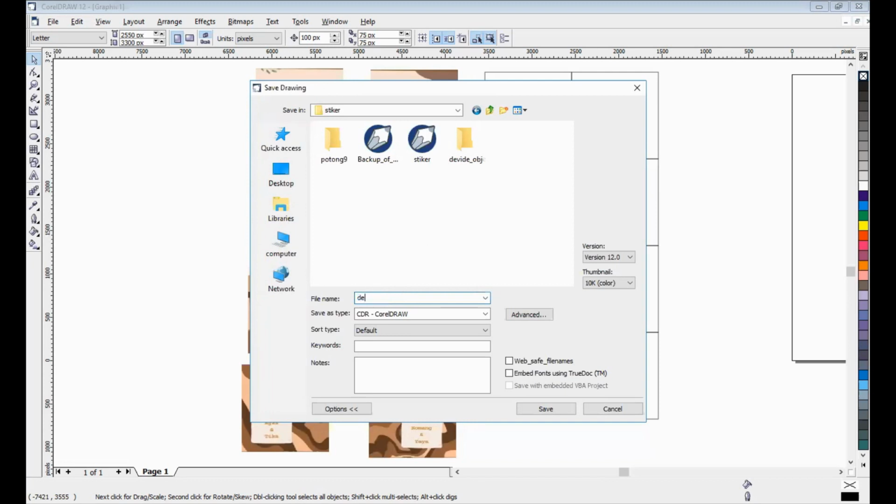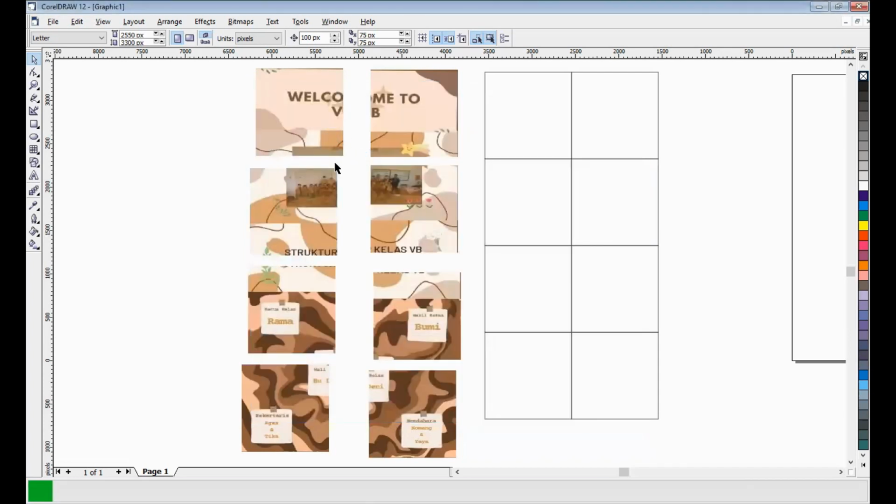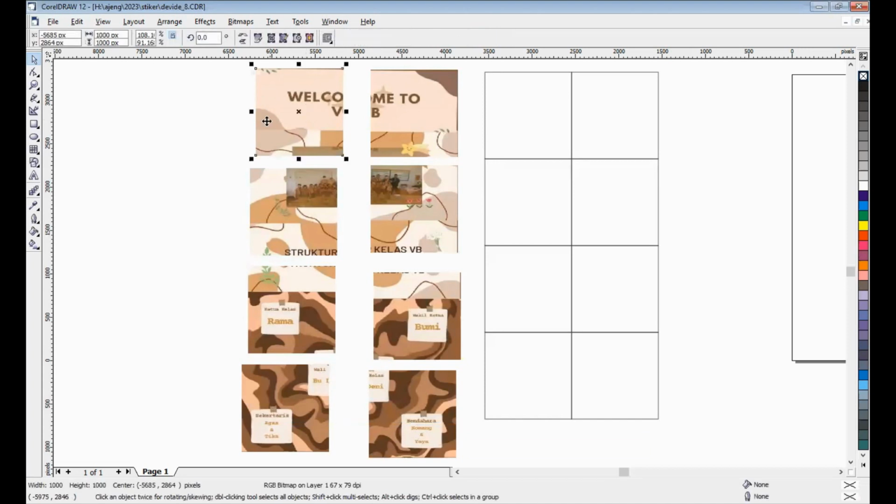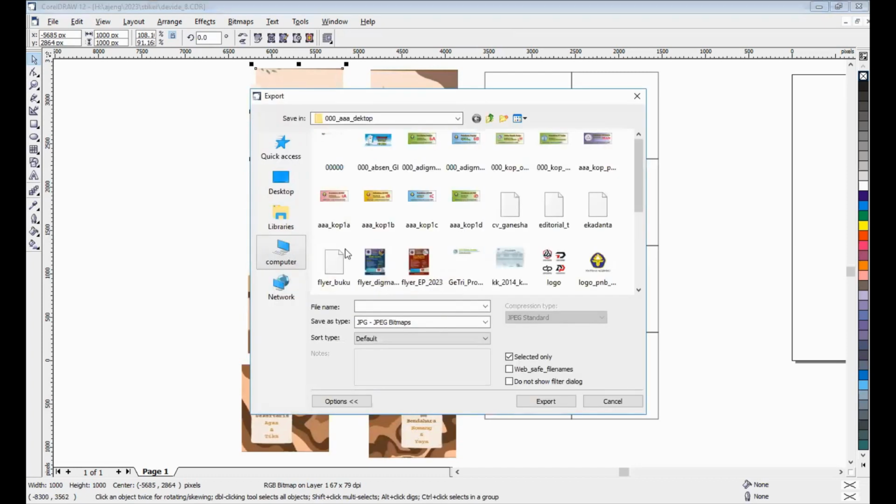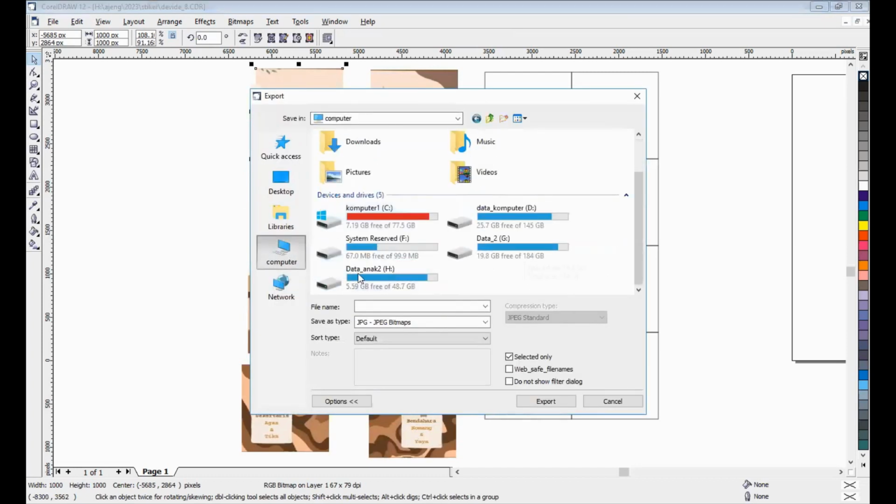Okay, divide, save. Okay, don't forget, we must know part by part, and we can export the file, export, or Control E, yeah, or Control E, we can.